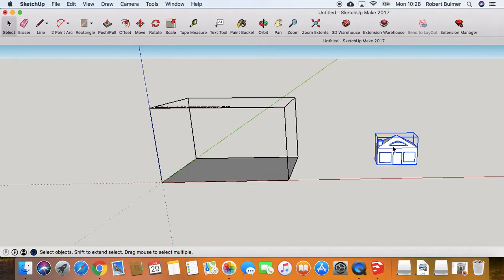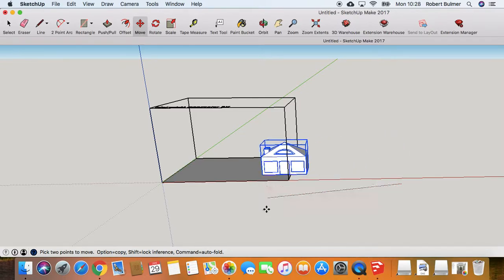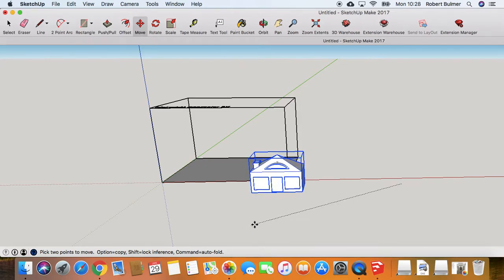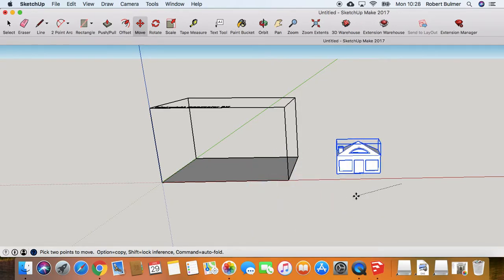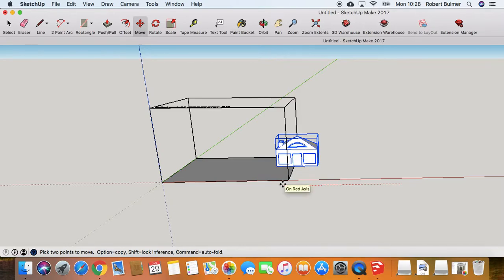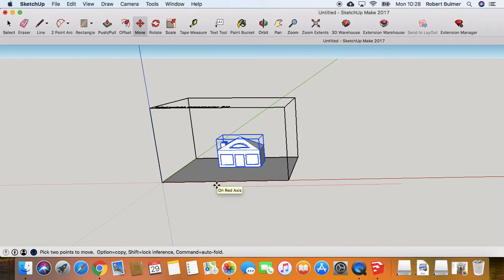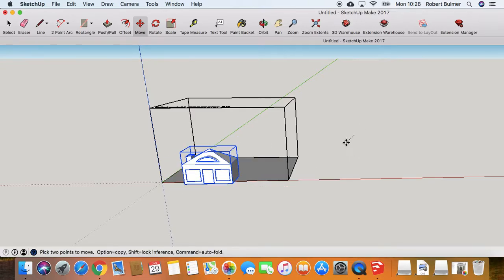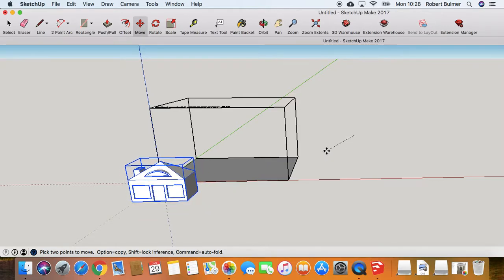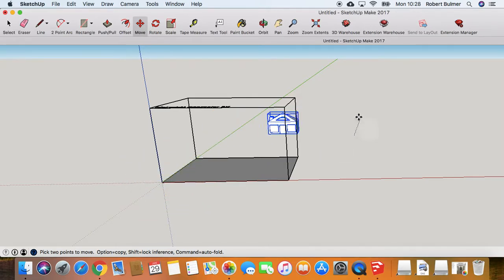and I'm just finally going to click on this, and I'm going to move, click somewhere near the red axis, and I can drag it. Don't drag it this way, it'll fly all over the place. And make sure you are using the colours of the axes, so red, even if it's not on the actual bed. So I click on the red axis, drag it into place, and then I click again, and this time I'm going to follow the green axis,